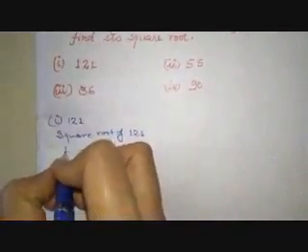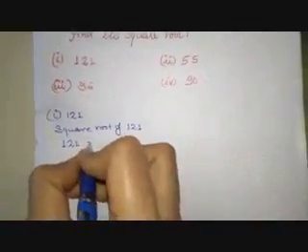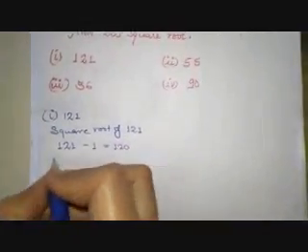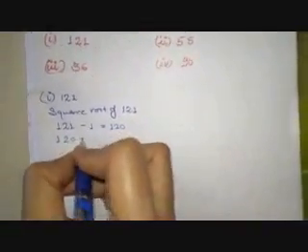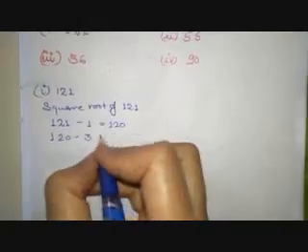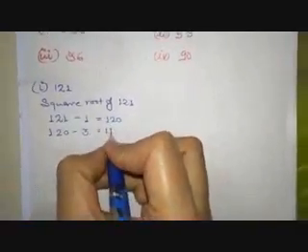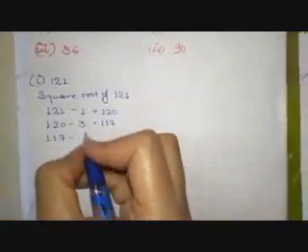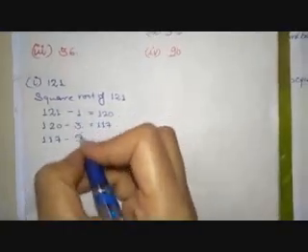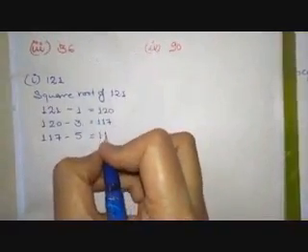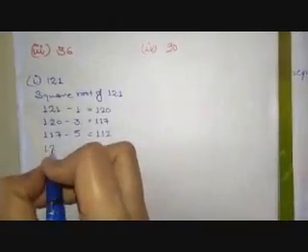We will write 121 like this, subtract 1. 1 is an odd number, we will get 120. We will write this answer 120 here and then subtract another odd number. The second one is 3. So what will we get? 117. We will write 117 here. Now subtract another odd number, which will be 5. 1, 3, 5, 7, 9, 11, this kind. What we will get? 112. Here we will write 112.